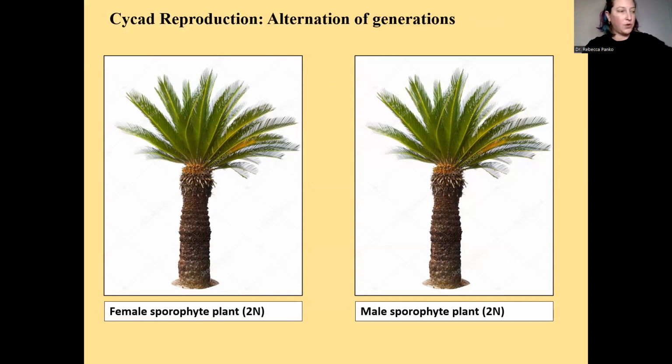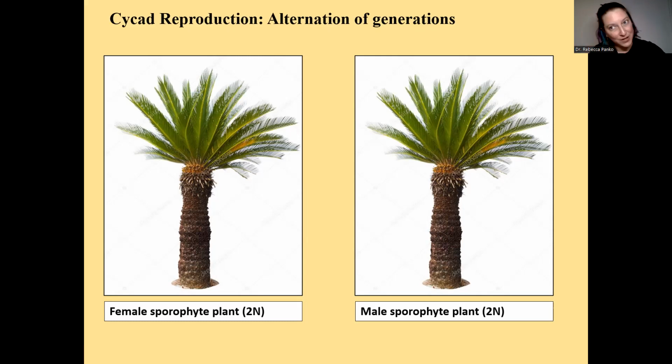Don't get confused. Remember, it's the sporophyte plants that are making spores, right? And the spores that the female sporophyte plant makes is megaspore. And inside the megaspore is the female gametophyte plant. So just don't get it twisted. It's not that the sporophyte plants make gametes. They don't, but they make these spores that give rise to those gametes, right? Write me a question in the discussion if what I just said was confusing, because I could see how it would be confusing. But sporophyte plants make spores. Anyways,